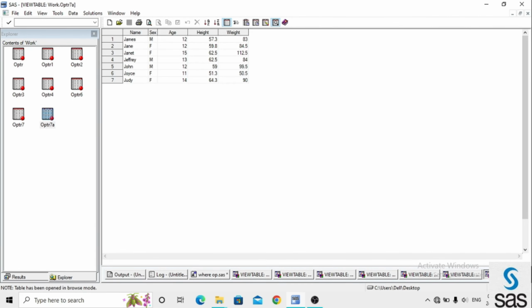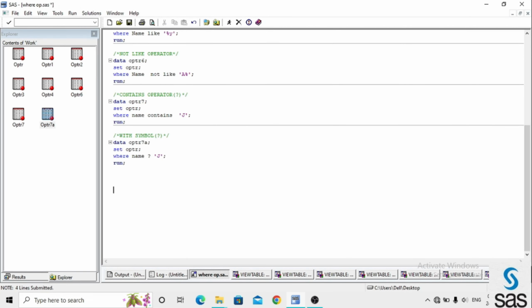Here we get the same output. Got it? Like this we write the contains operator in a where statement.